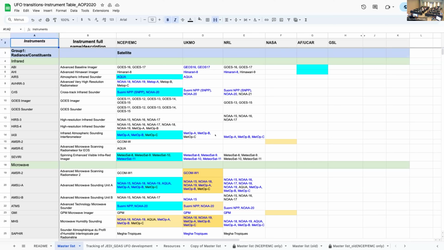And of course, this is from AOP 2020, a few years ago when we built UFO for neutral atmosphere. And now we are at a stage that we are pretty much done with at least the common requirements from partners. For any specific observations or different configurations, we have to do more detailed work with specific in-kinds.